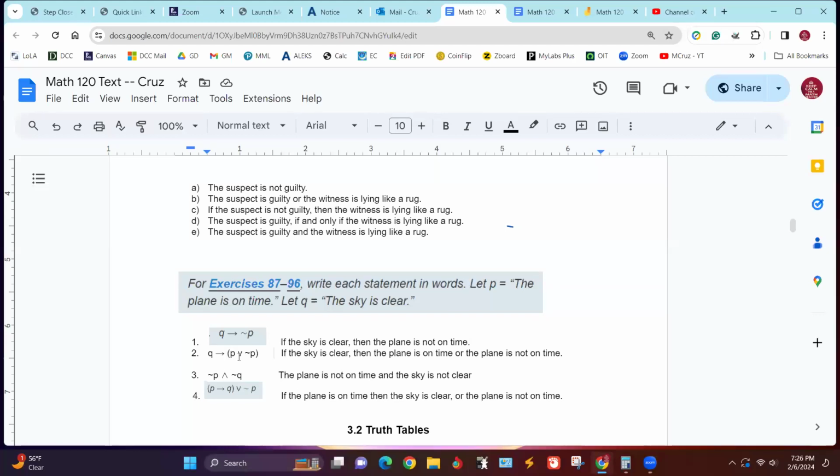So this opening of that parentheses then is where we start the comma at, meaning that if Q, if the sky is clear, then everything that follows the word then is our consequent. So that is, then the plane is on time or the plane is not on time.